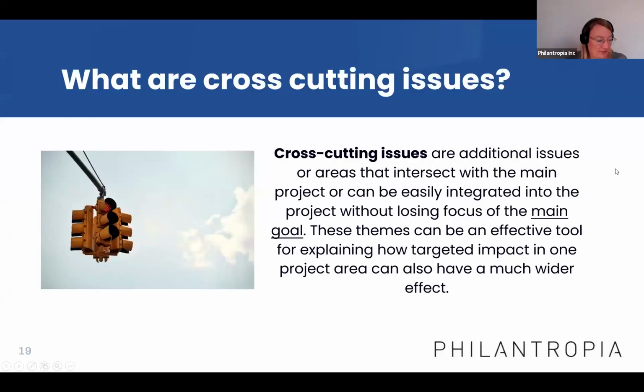Yeah, and the last thing I want to quickly cover are cross-cutting issues, because often you have to address them in a proposal as well. They are additional issues or areas that intersect with the main project or can be easily integrated into the project without losing focus on the main goal. They can be an effective tool for explaining how targeted impact in one project area can also have a much wider effect. So often those things are environmental